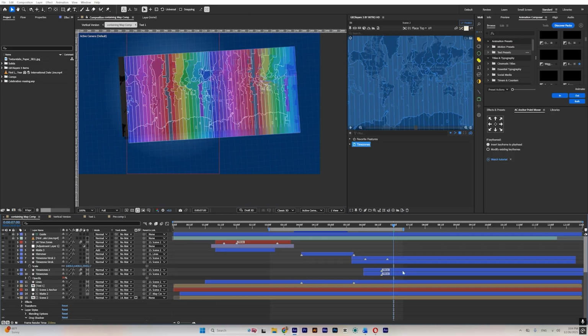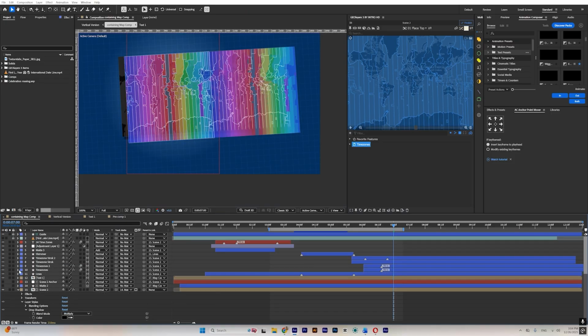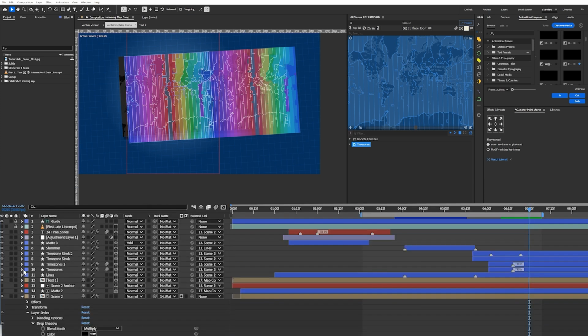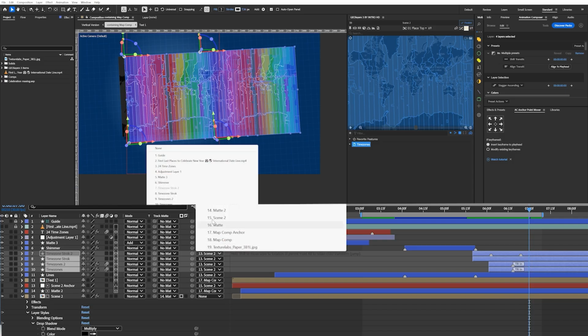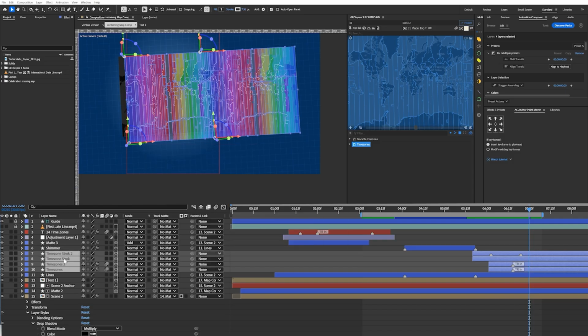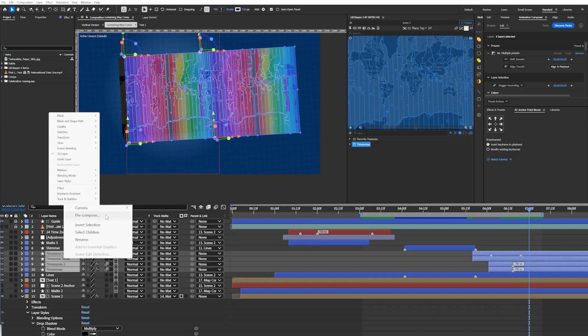This works for me. And now that our time zone strokes and fill layers are ready and the animations, all of them are applied, what we can do is pre-compose them and apply a whole mask on it so that it doesn't overlap or go outside the boundaries of our map comp. So for that, I'm going to first select all of my comps that I'm going to pre-comp or make a group out of, and remove them from the parent anchor. And then I'm going to pre-compose them,